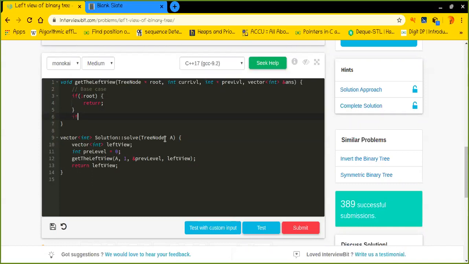Okay, so we will check if the current level is greater than the previous one.